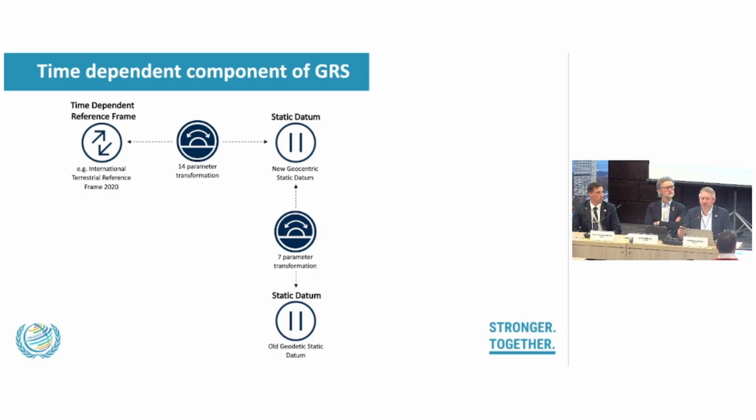WGS84 is also a time-dependent datum. If you record information in WGS84 one year, and you come back the next year and observe the same survey mark again in WGS84, you'll notice that the coordinate has changed. It's because WGS84 gives you time-dependent coordinates. I mentioned before that Australia implemented both. One of the biggest challenges and complexities associated with people using WGS84 is that it's a time-dependent datum.